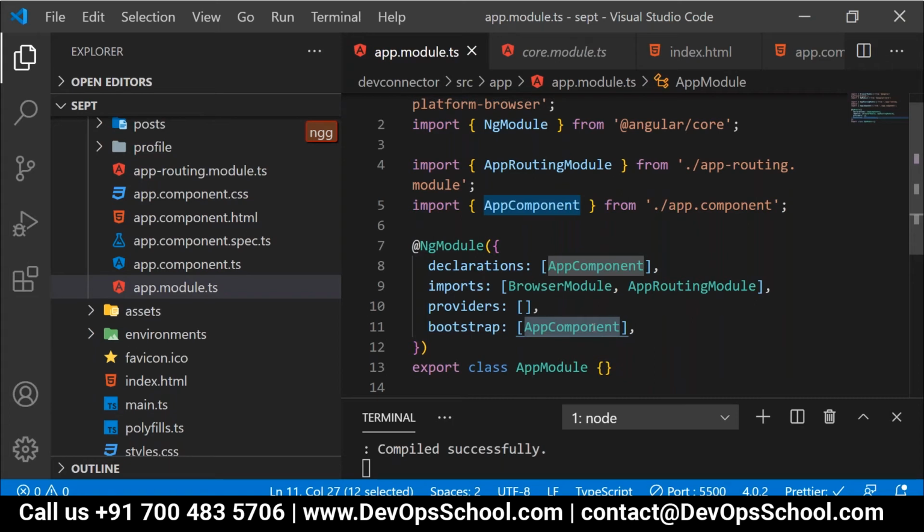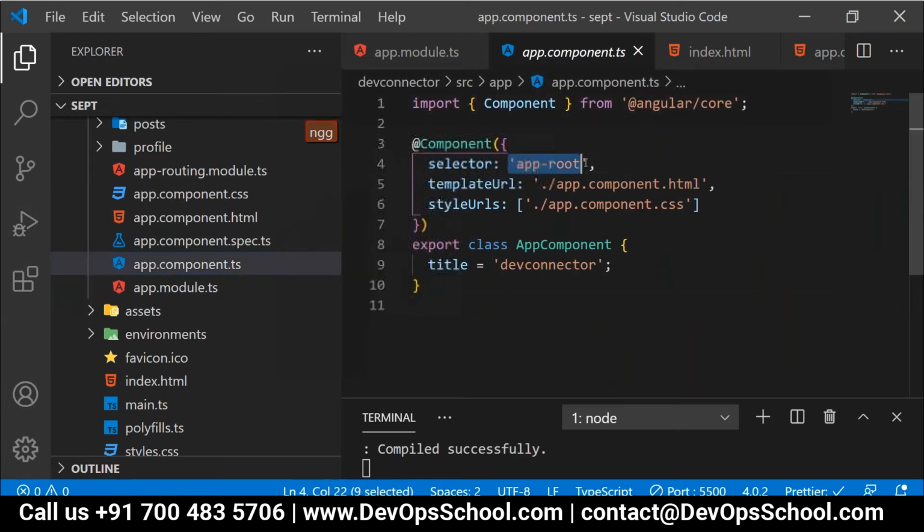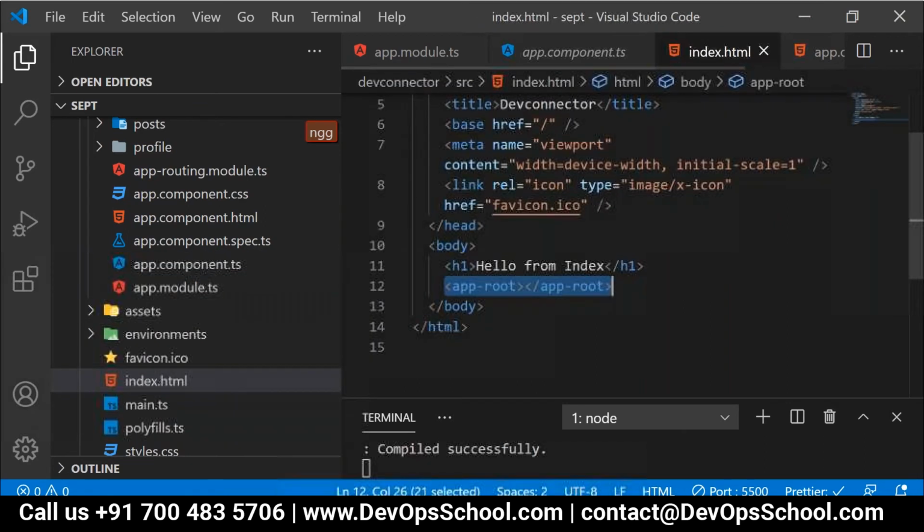It has to find out the details regarding this app component and confirm it. So where is this app component declared, is it declared in the same folder location? This selector name and this element name, are they matched or not? They're matched.